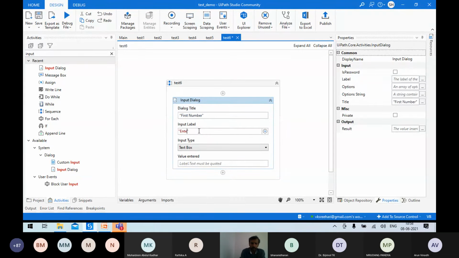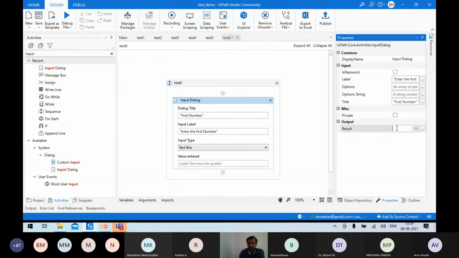Give the label as enter the first number. Then you have to declare this number here, sorry, number 1.